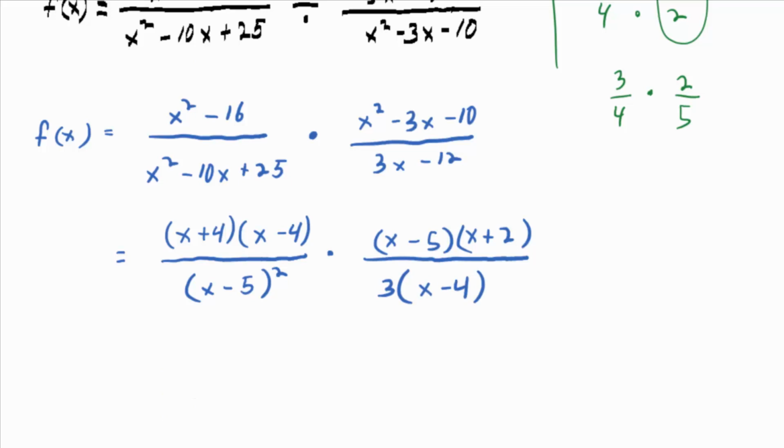Okay, now the fun part, what's going to go away? x minus 4, and just one factor of x minus 5, so I'm going to cross out that 2 down there. Now, I do want to see this last step, multiply straight across, but don't actually multiply, just write it down as a single fraction, the same way you'd multiply any fraction: numerator times numerator, denominator times denominator, and you have x plus 4 as a quantity times x plus 2